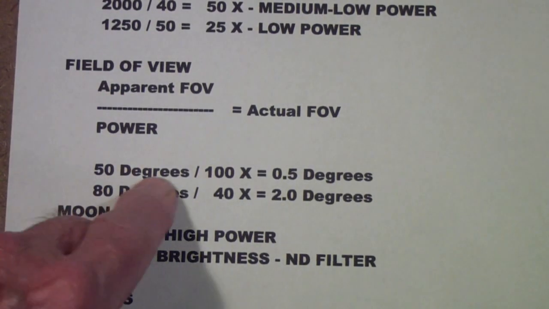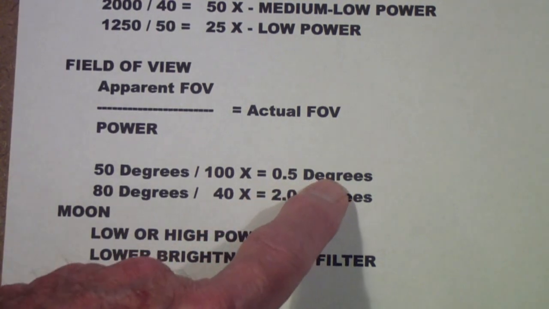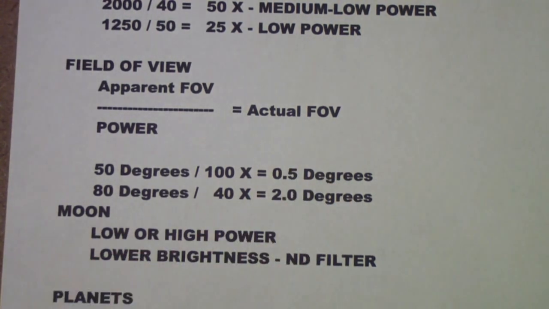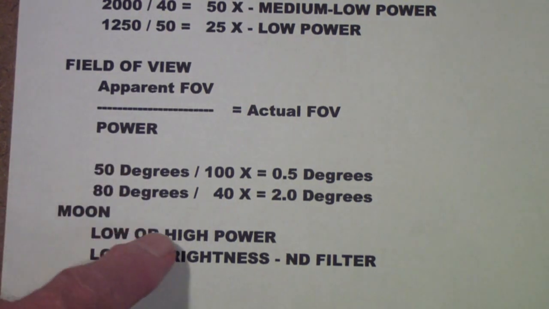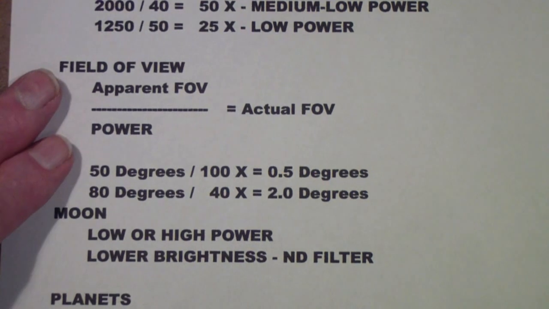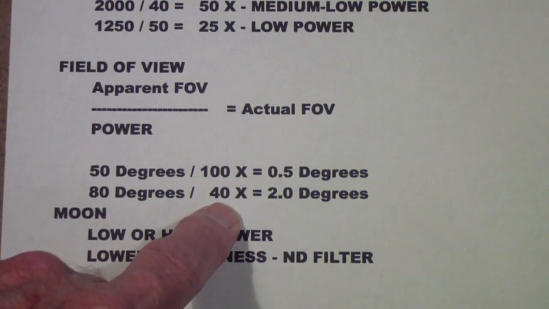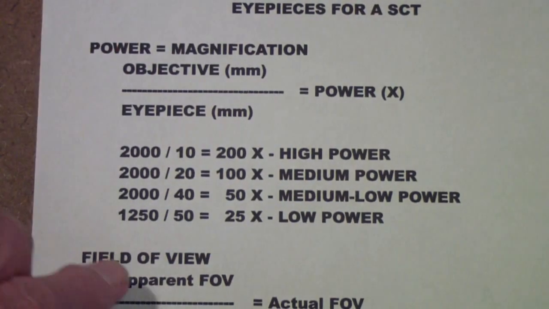You divide the 50 degrees by the 100 power and you get a half a degree, which is about the size of the full moon. If, on the other hand, you have an 80-degree eyepiece, like the Meade 20 millimeter, and you're using it at 40 power, and notice here,